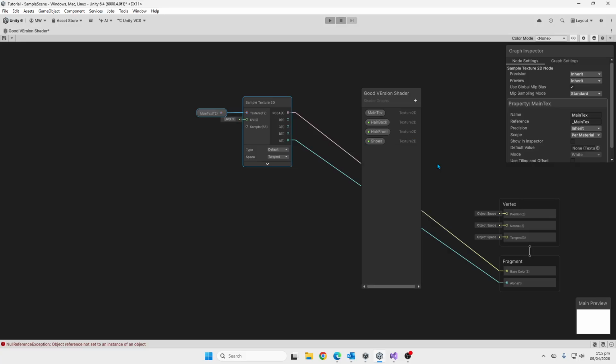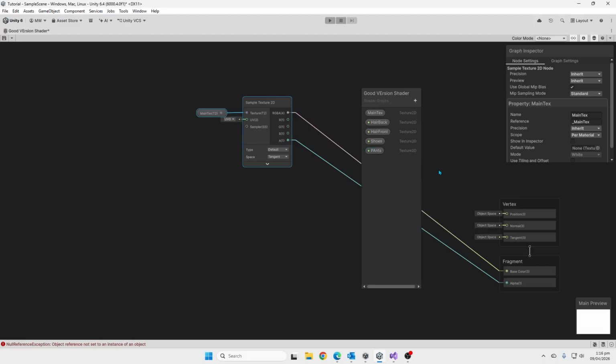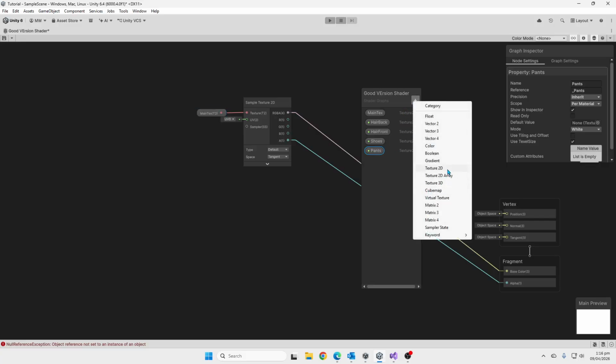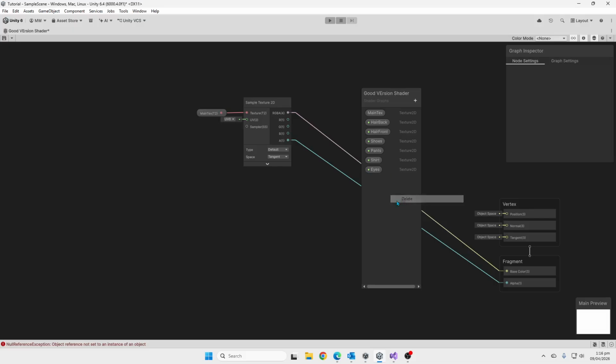Then we do the shoes, we do the pants, we do a shirt, we're going to need the eyes, and lastly, oh, nope, no lastly, because we already have hair front. Delete. So we're stacking it as the back, the skin, the shoes, the pants, the shirt, the eyes, and then